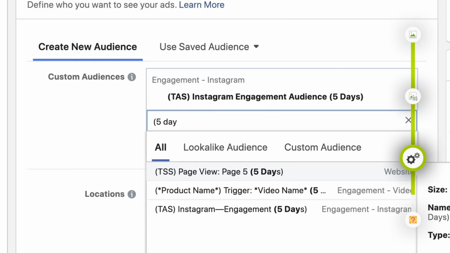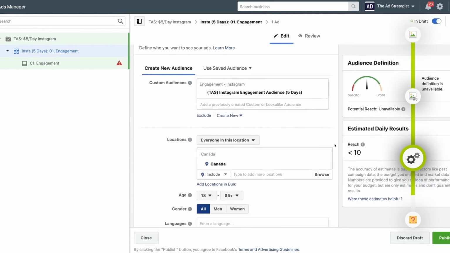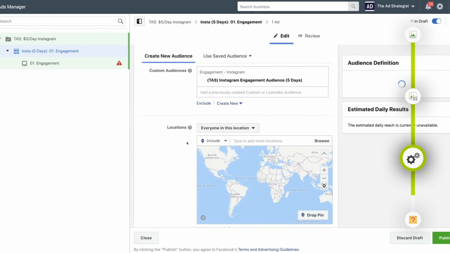Now note, if you just created that audience, sometimes it does take Facebook up to 24 hours to populate and show people there. So if it's still showing a big fat 0, give it time. It will show up. Once you've selected that audience, you can go ahead and get rid of any location that is assigned to this ad campaign as well.